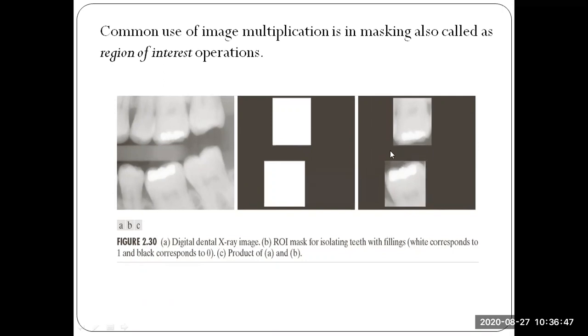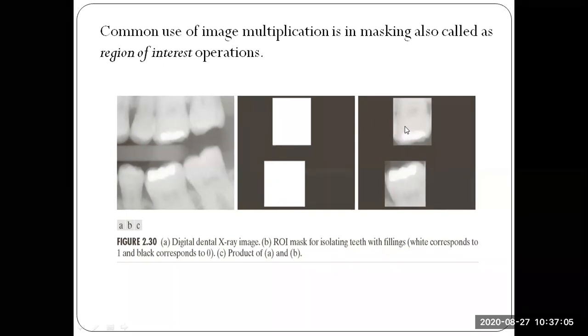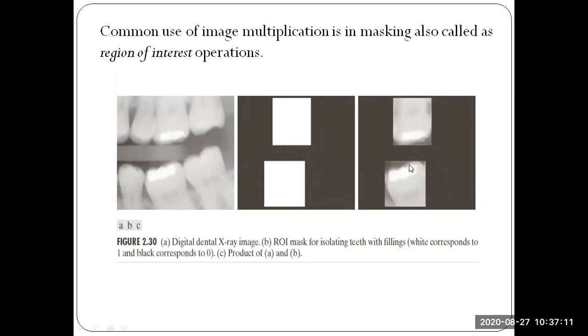That means it is the multiplication of these two images. Here the image is nothing but a mask value, not an image, so don't consider it an image. It is like our operating image. That means a mask, mask one, mask two. Why are we using two masks? Since there are two damaged teeth. So by using these two masks, we can highlight the particular damaged or infected tooth.